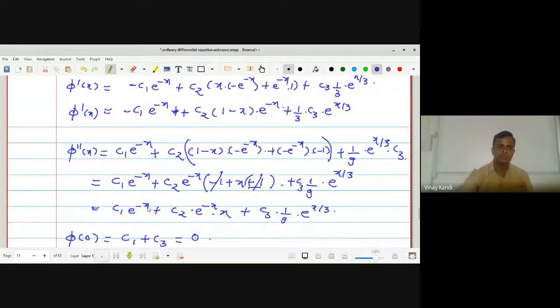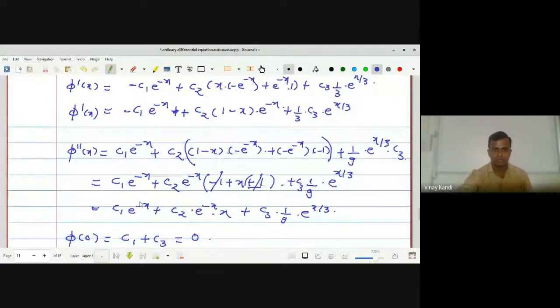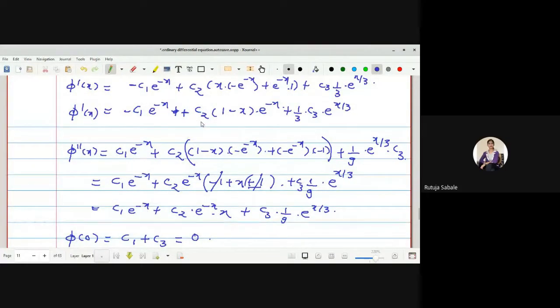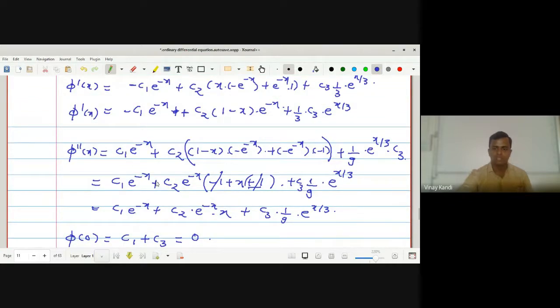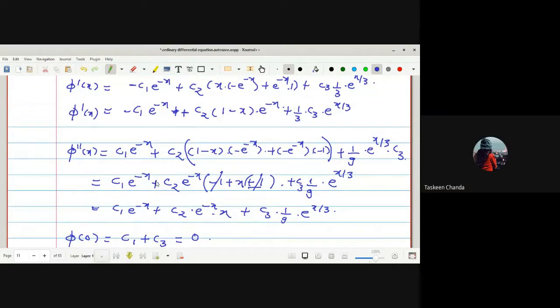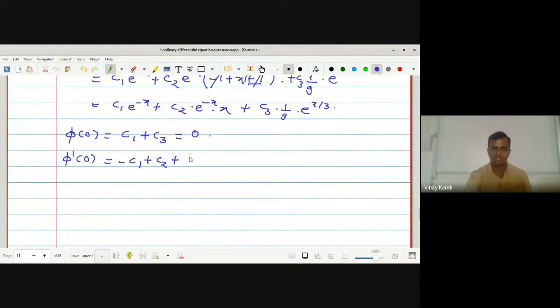minus c1 plus c2 plus c3 by 3. Correct. Plus c3 upon 3 is equal to काय दिलं phi dash of 0 आपल्याला 1, which is equal to 1. Okay, now phi double dash of 0, which is equal to